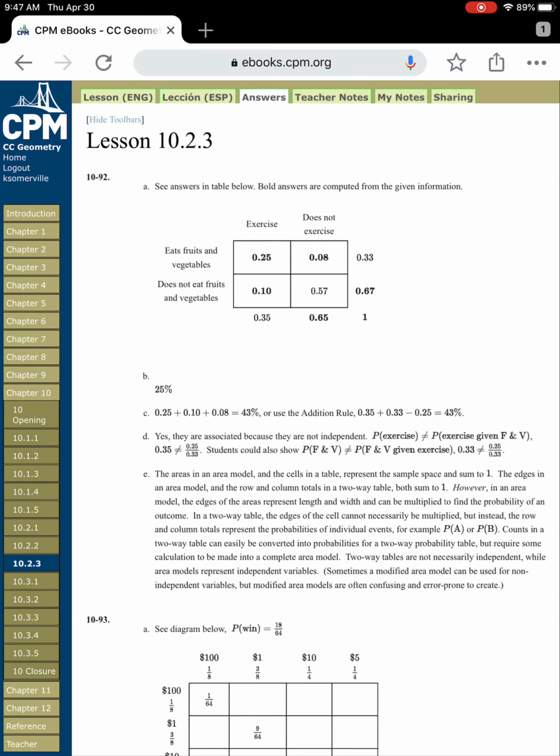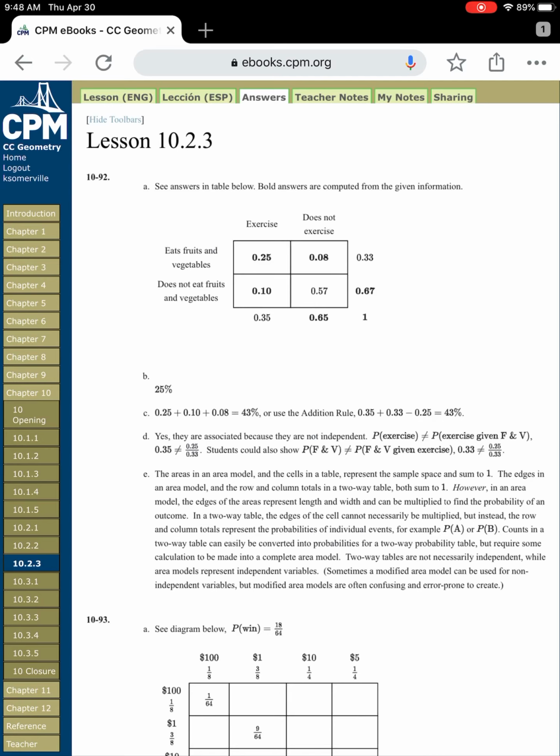In part C, asking the probability that a freshman in this study exercises regularly or eats 5 servings of fruits and vegetables each day, there's a little more to it. We could look at the 3 boxes that line up with either of those, which would be to exercise, which has 0.25 and 0.1 in it, or eat fruits and vegetables, which goes to 0.25 and 0.08. The trick here, if we want to add those together, we don't add 0.25 twice because it's only there one time. So if we add 0.25 plus 0.10 plus 0.08, that will give us the correct probability,